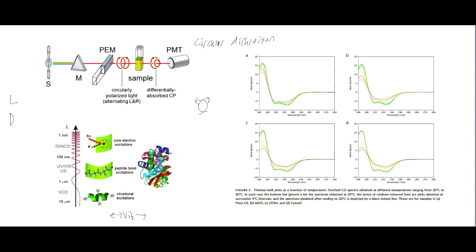So if this is, say, clockwise, it's going to absorb that. Then our counterclockwise comes in, and that will be less absorbed. And so what ends up happening is, once it's emitted, you have this phase shift, which will then cause